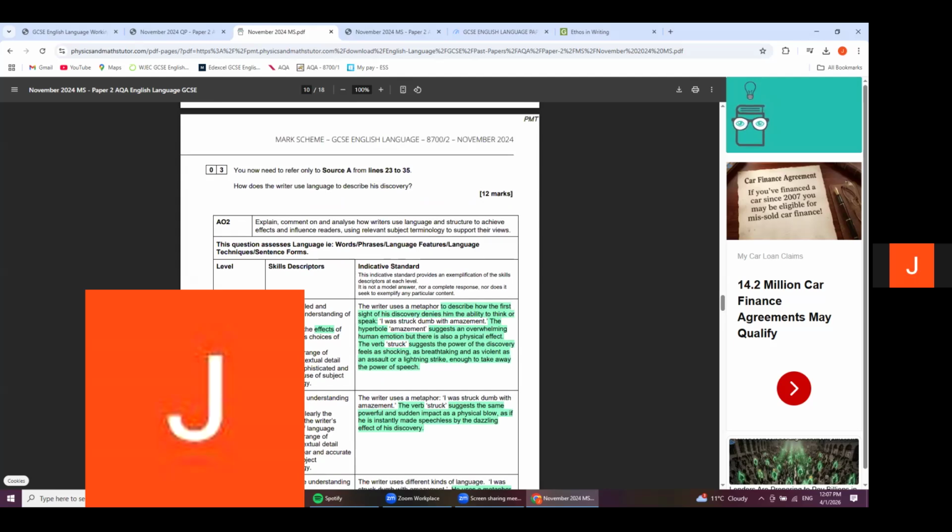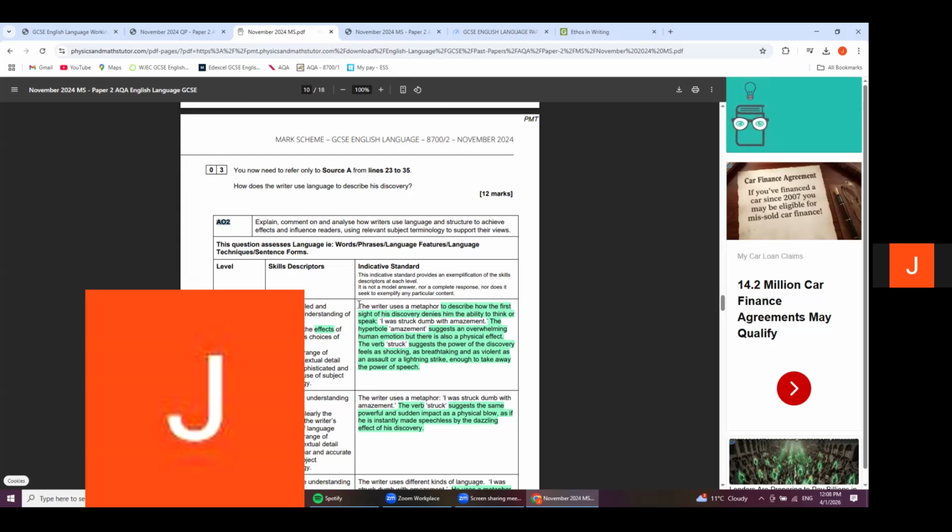However, if we go up to level 4, and we'll just bear in mind the assessment objective 2 is to explain, comment on, and analyse how writers use language and structure to achieve effects and influence readers, using relevant subject terminology to support their views. So, at the top level for 10 to 12 marks, the student shows detailed and perceptive understanding of language, analyzes the effects of the writer's choices of language, and selects a range of judicious textual details, and makes sophisticated and accurate use of subject terminology. So an example of the top level mark